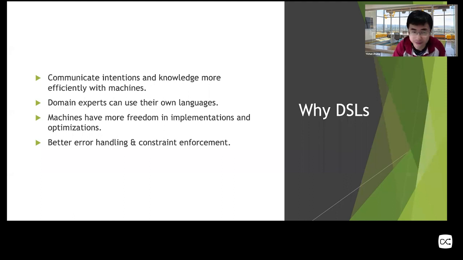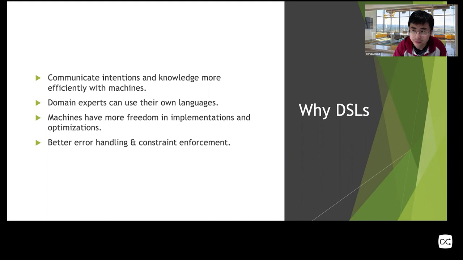It's essentially about telling machines what to do to achieve certain goals of the humans. So that's why we humans invent so many general purpose programming languages like Java, like Lua, like Python, Ruby, Prolog, Haskell, so many. And we also have some domain-specific languages that are very popular in the world already. I'll mention a few in a minute.